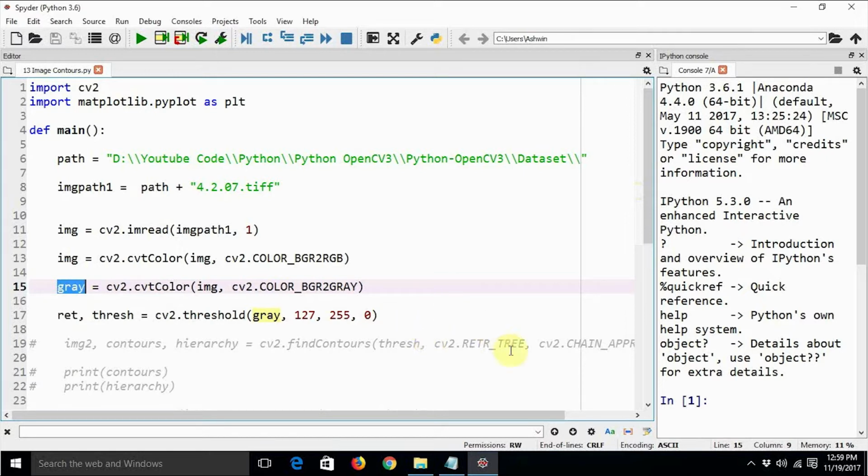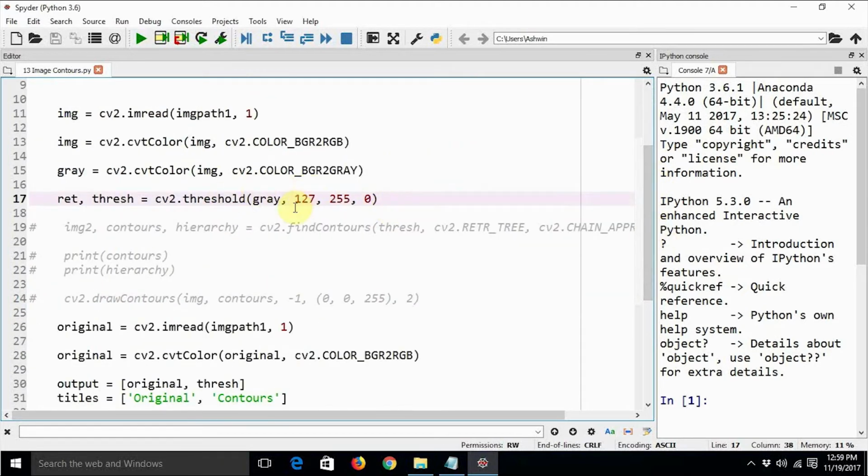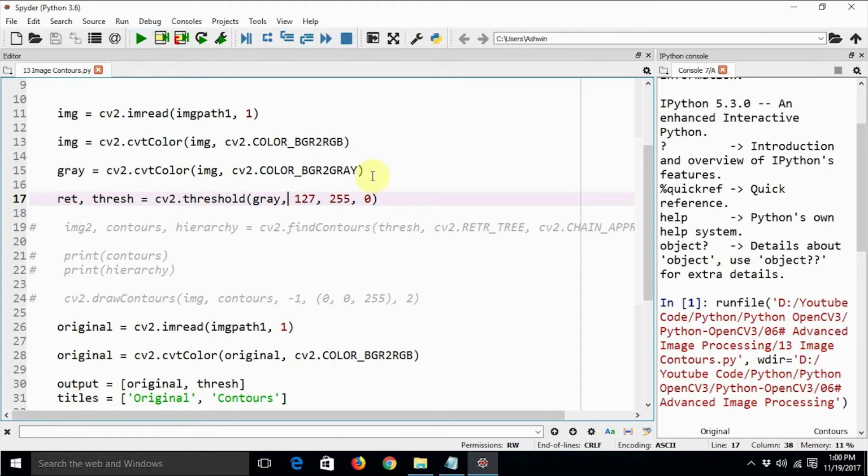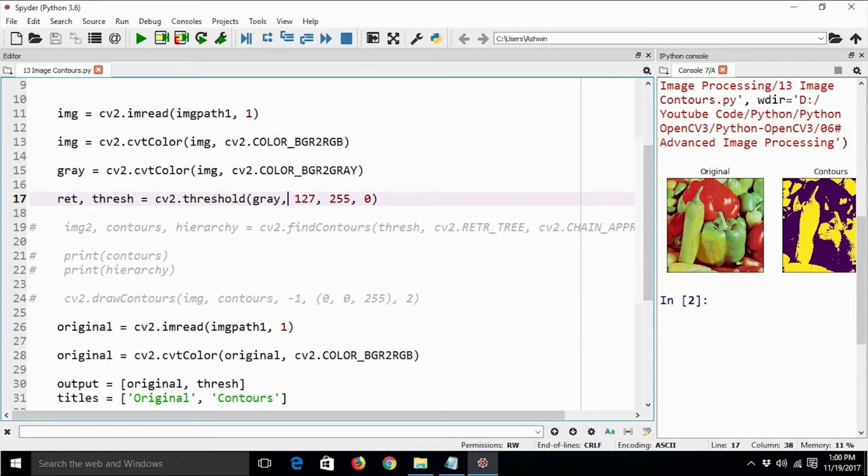So let us have a look at the output image after applying the threshold of 127. You can change the value of this threshold as you want. We all know how this thresholding works. We are using the binary thresholding algorithm, and the flag for that is 0. So let's execute this, and this is the output of the thresholded image.